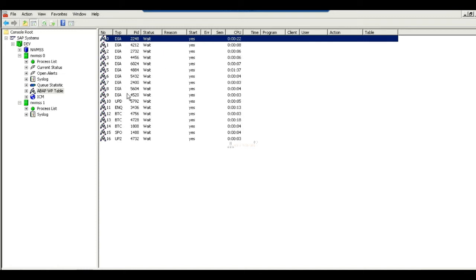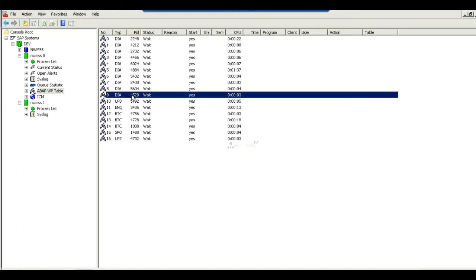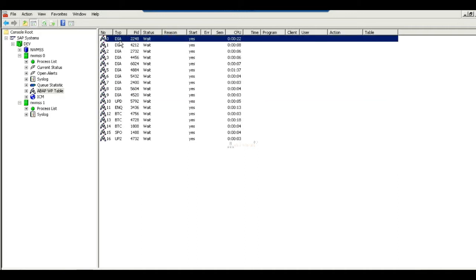Who will assign my user request to which process? Who will assign? My dispatcher, right? So my dispatcher will assign the user request if there is any task required to execute.